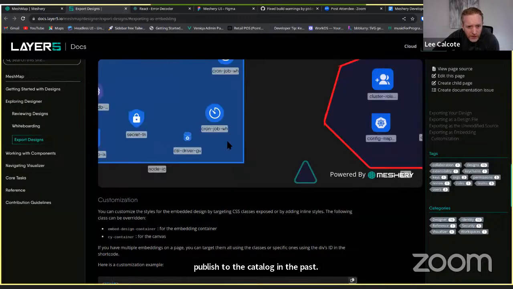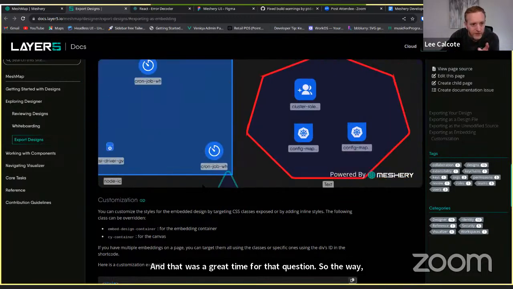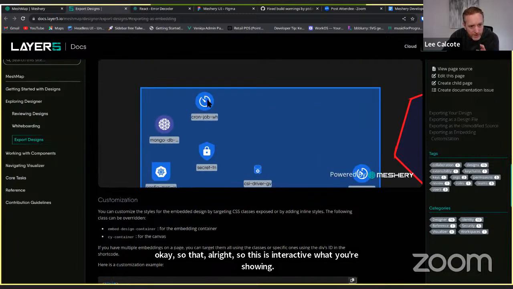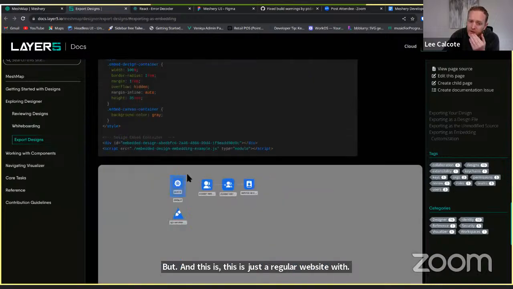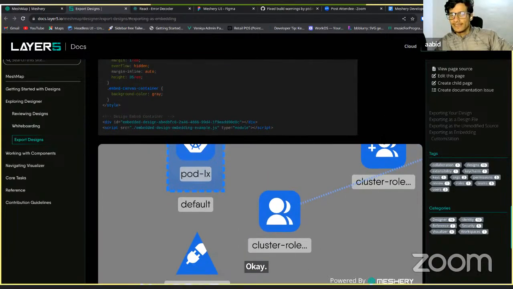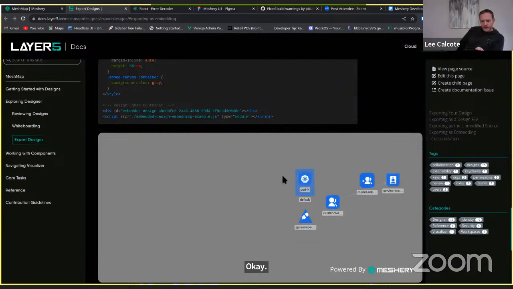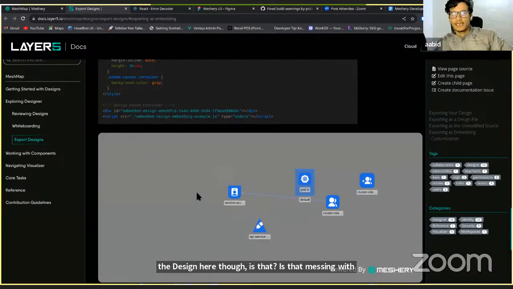So this is interactive, what you're showing, and it's just a regular website. It can be customized a bit, like the colors. If somebody messes with the design here, is that messing with the original? No, this is just a static snapshot of the design when it was embedded.